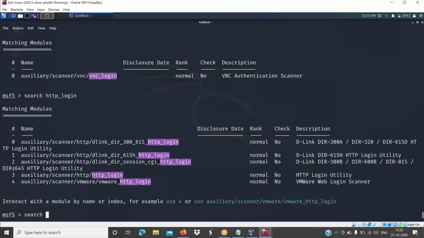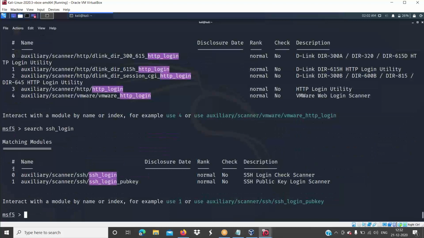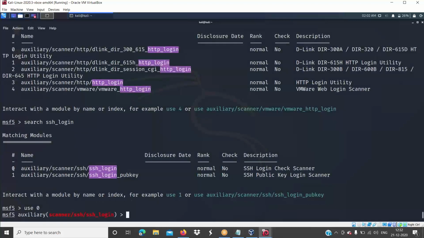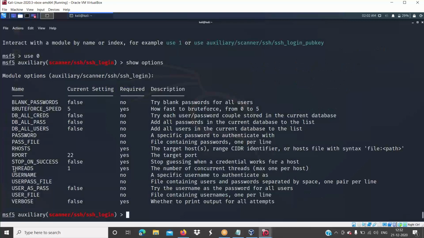So let me now search ssh_login. All are similar only. From here you can just use the first one, which is 0. Then go with show options to check what all the available options are.